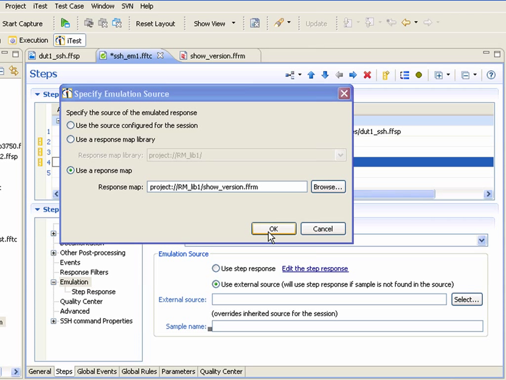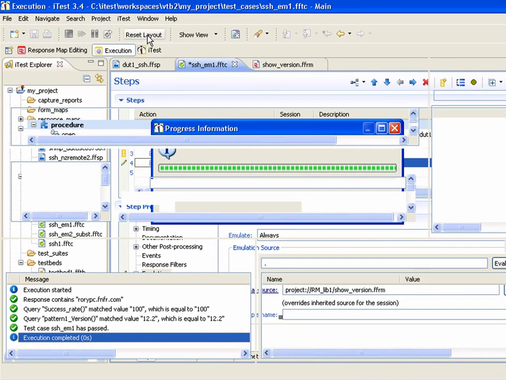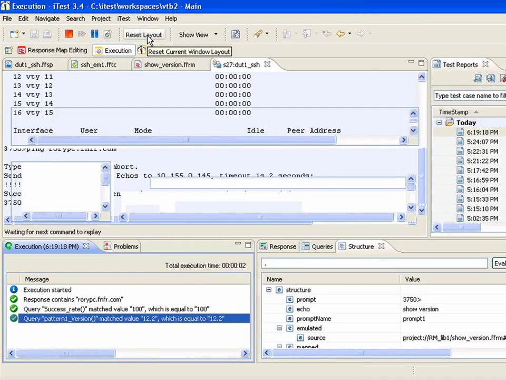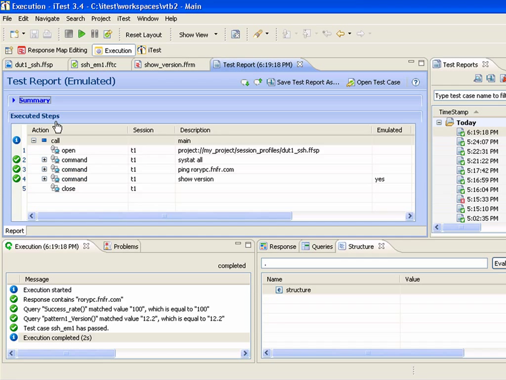And if I press OK and say that I want to emulate this step, what will happen when I execute this test case now is it will emulate this one step and get its emulation response from the first sample in the show version library. If I want to, I can specify a different sample name, but I'll just execute it with the default sample name for now. Right, now, so we can see that it emulated the show version step,